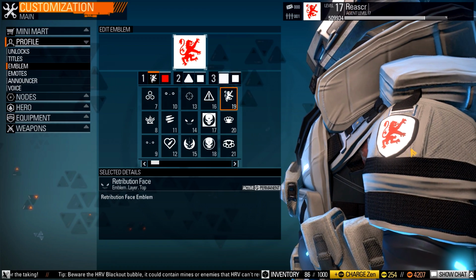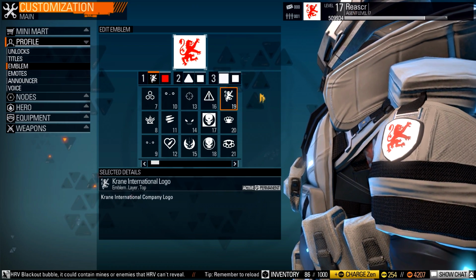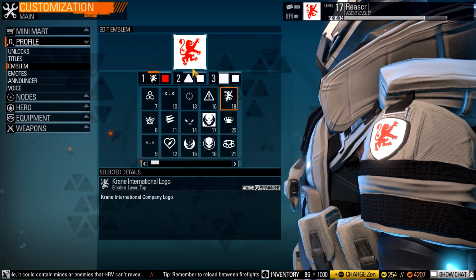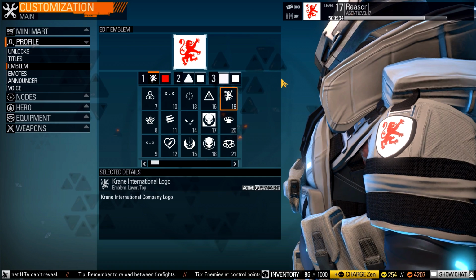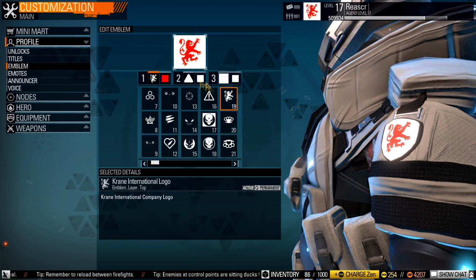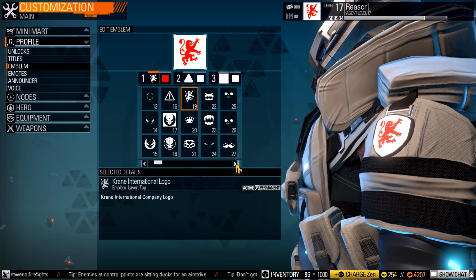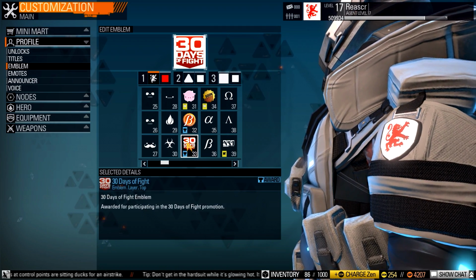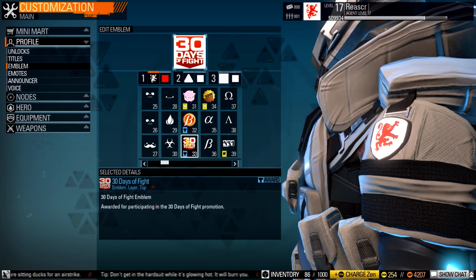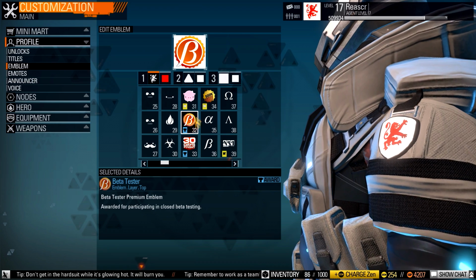Emblems. This is the emblem customization. I think just the sort of almost Wales flag is kind of good looking. I could make it closer to Wales, but I don't really care. I like having it. So this is like all the options. I use Dragon, because why not? And then these are awards, these two, so 30 days of fight. If you had this, which I was participating in it but didn't actually manage to get anything, beta tester, then